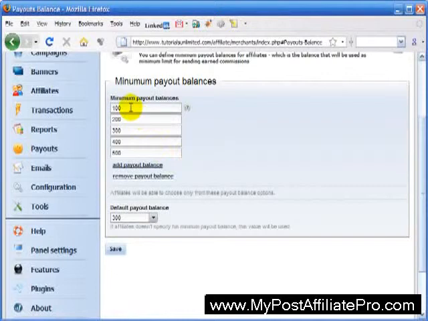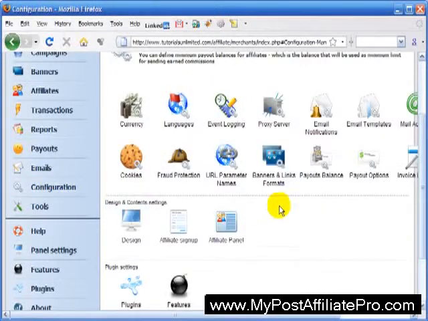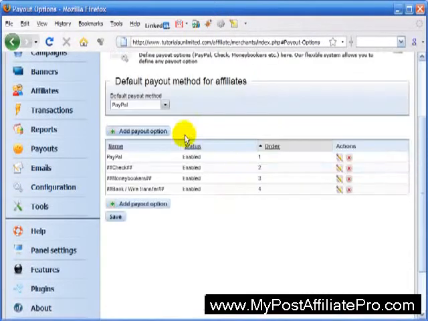Banners and links formats, I'll do a whole tutorial on that. Payouts balance: this is what to offer your affiliates. I like to give them the option of getting paid out at smaller amounts. So this is the kind of thing that I set up, and I set up the default at 25 and say save. Configuration, payout options. This is where you can set up whether you can say pay by PayPal, check, money